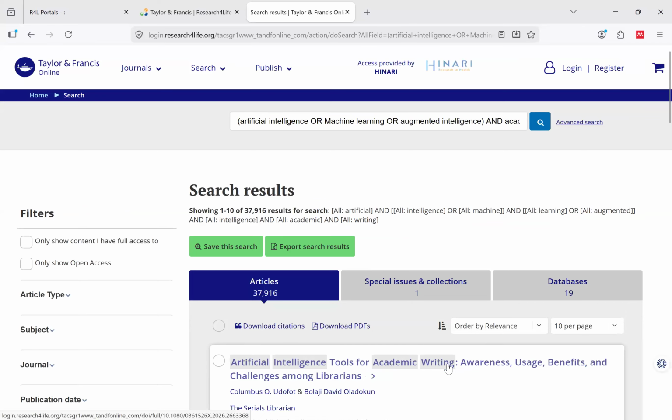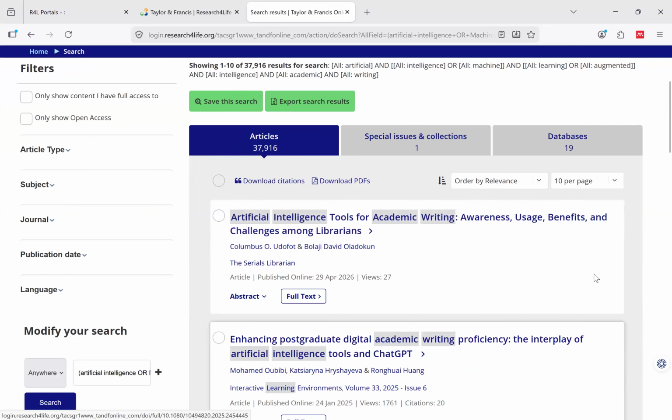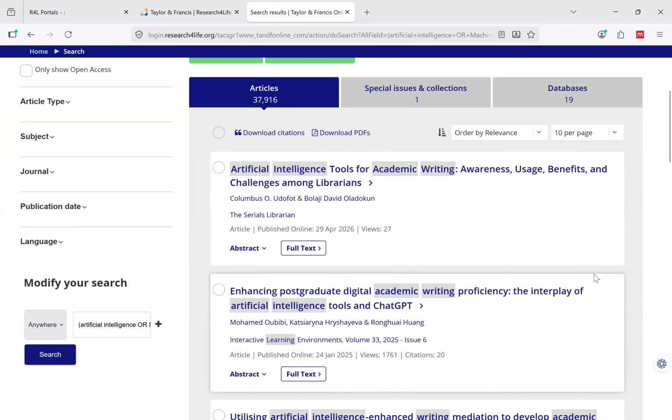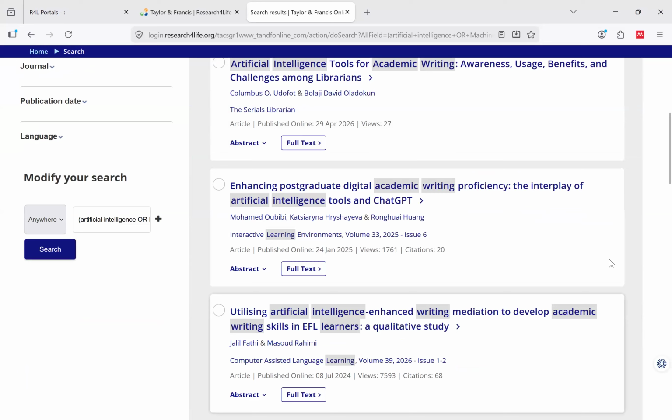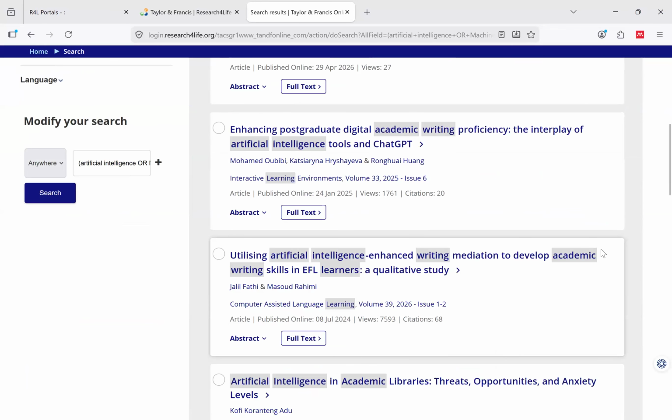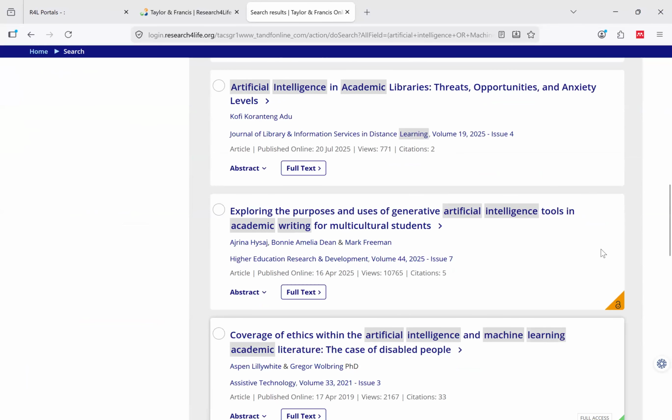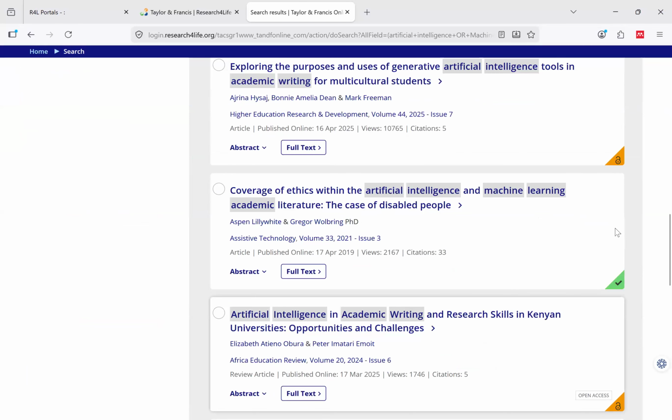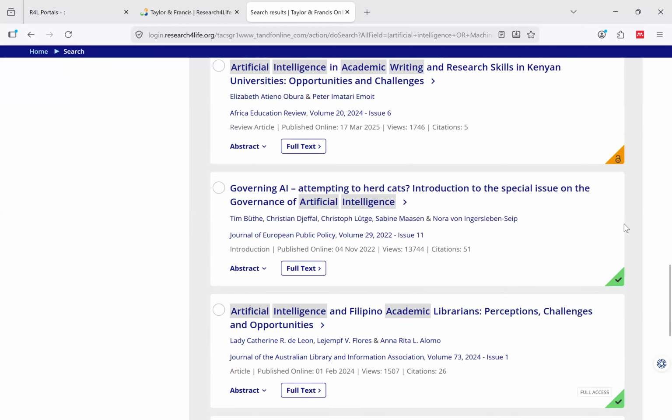Now, when I search in Taylor and Francis, how do I know that an article is relevant to me? Article number 1, you see this? This could actually be relevant to me, but it's not available to me. How do I know? It doesn't have the green tick. Even this doesn't have the green tick. So when I scroll, this one has a golden padlock, means it's available to me. This one has a green tick, it's available to me. This is available to me freely. This is open access. Gold is open access, green is available to me.